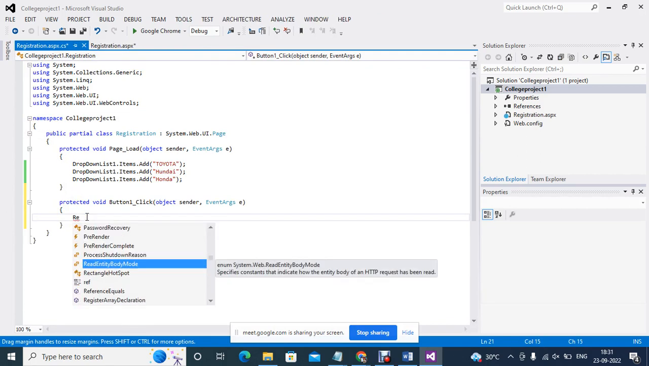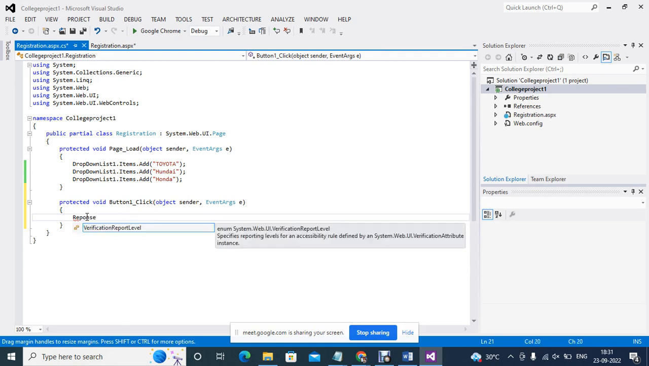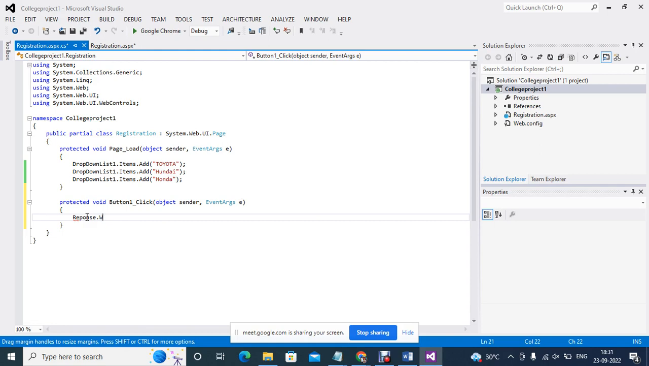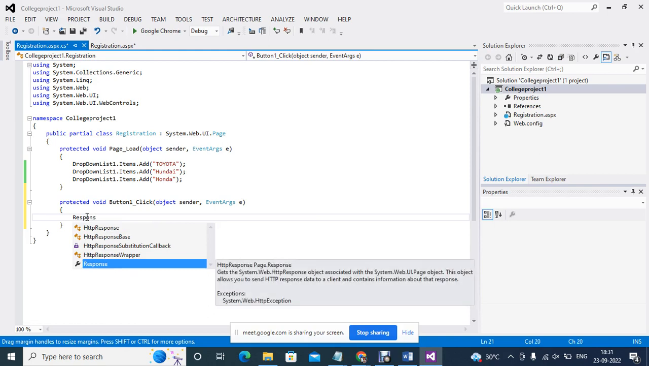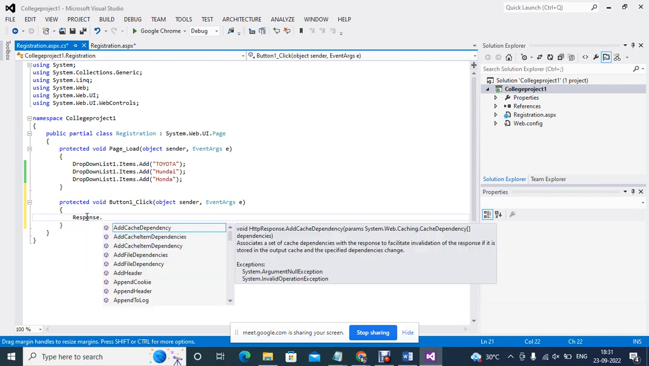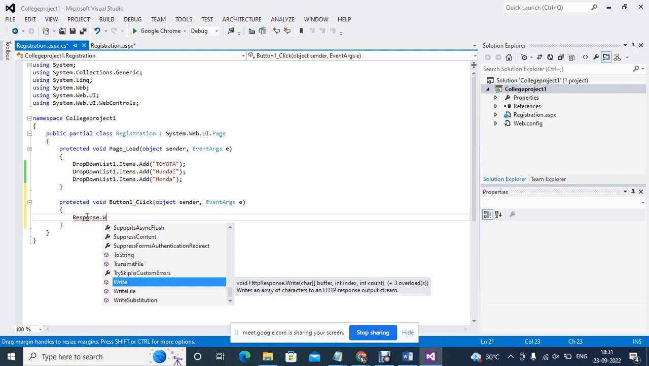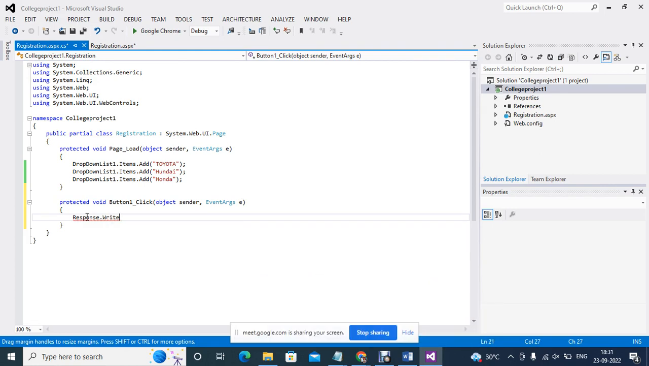Just like in C# we were writing console.write, right? Here, in order to write on the screen, you need to use response dot write. So whatever we want to display here, we want to display drop down list one